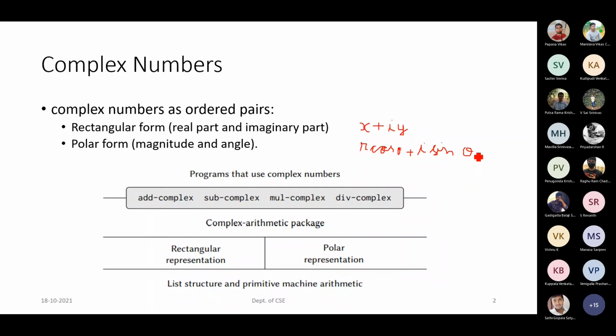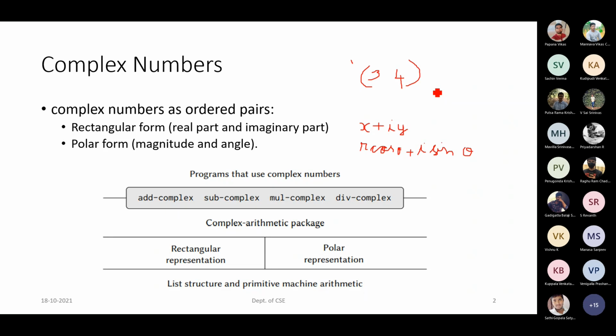But if I write it in the form of a list, how will it be written? Say you have 3 plus 4i. How do we represent it? We will write it as 3, 4, right? This will be the only way of telling that this is our complex number. But by seeing these values 3 and 4, you will not understand whether it is in the rectangular form or the polar form. Just by seeing the values 3 and 4, we can't identify that.